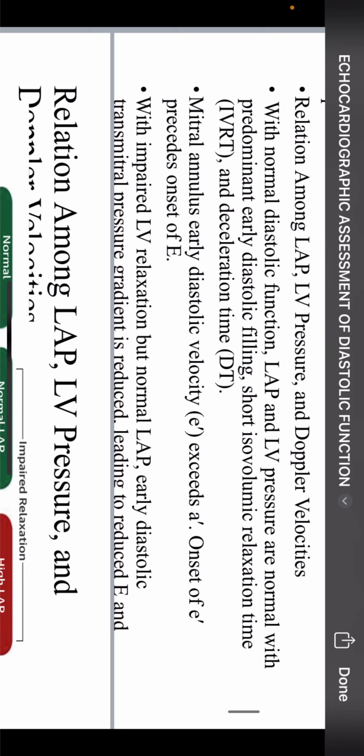What is the pressure gradient? It will be 100 minus 0. That is 100. That 100 should drive 70% of blood into LV. If